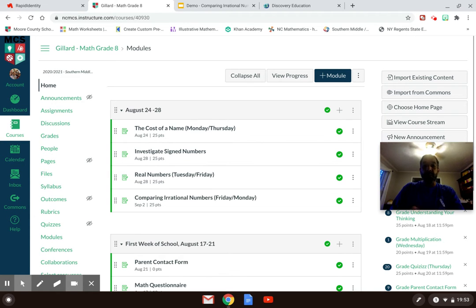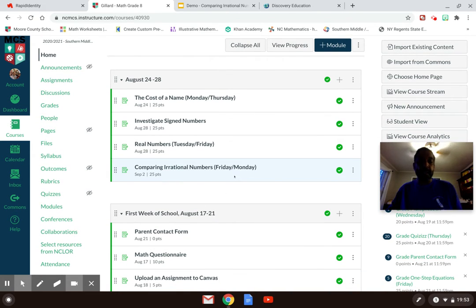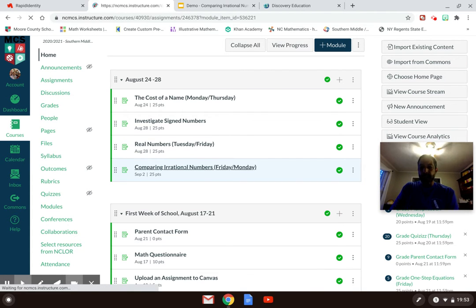What I want to do real briefly is just explain to you how to complete this assignment. It's the Friday Monday assignment, meaning it's the Friday assignment for those students who are A-day students, and for those who are B-day students, it's what you're to do Monday. It's called Comparing Irrational Numbers. All right, so if we open it up,